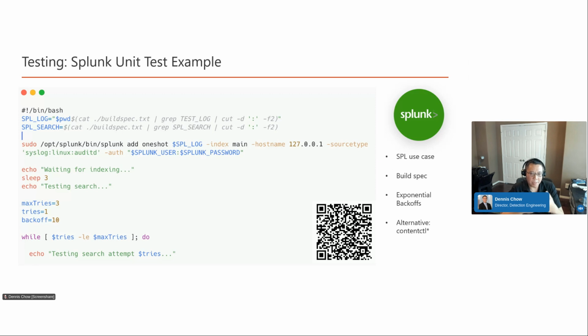SPL can be tested in a unit test like format if you install Splunk. So the QR code here gives you the template or the sample I've used for Splunk-based searches. Now remember, this is not going to touch Enterprise Security add-ons. This is just a basic deployment of Splunk Enterprise itself, but it gets you better than focused on synthetic level